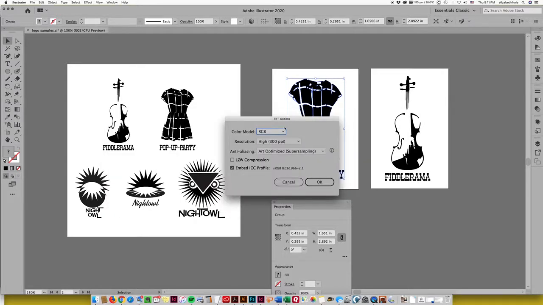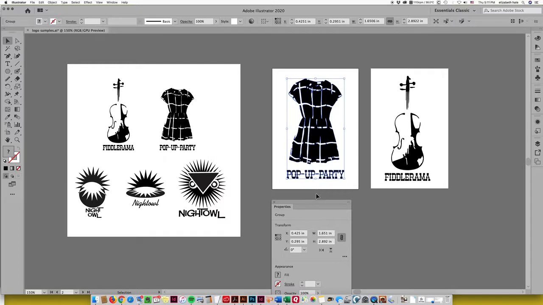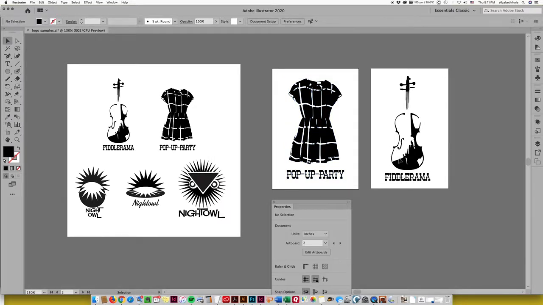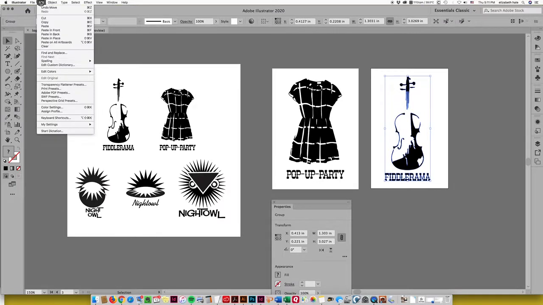Now this is the neat part. In the TIFF options, it's saying what color model do you want to use. So we can say grayscale, because we know we're going to put it into grayscale anyway. And then you just say OK, and it should be done. I'm going to go do the other one as well. So I'm going to Fiddlerama. I'm going to go up to